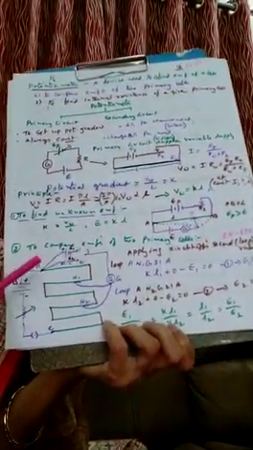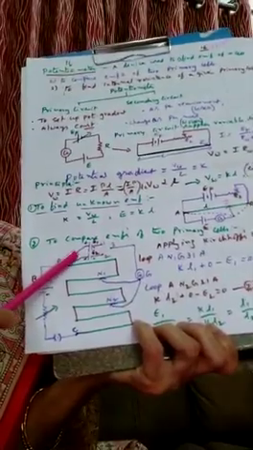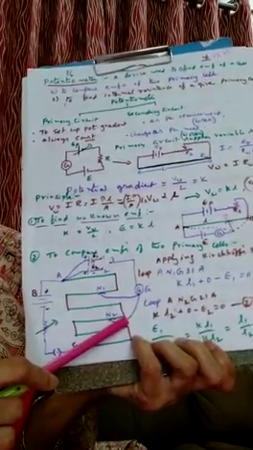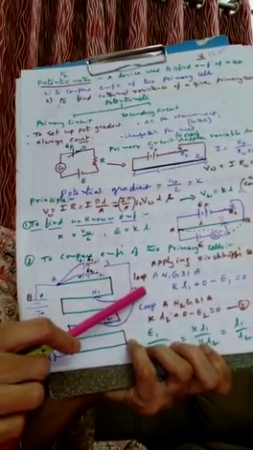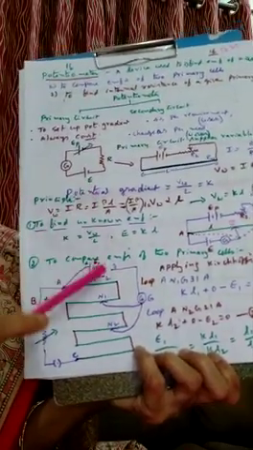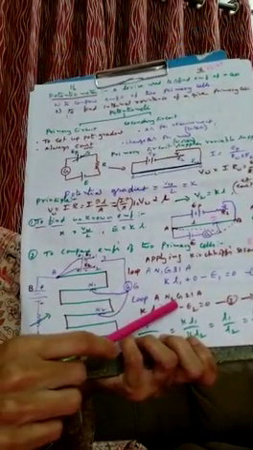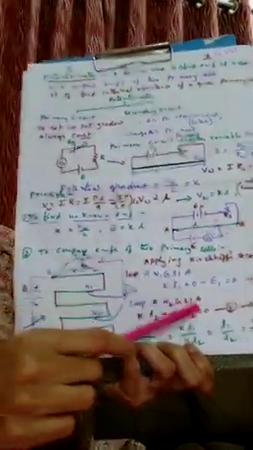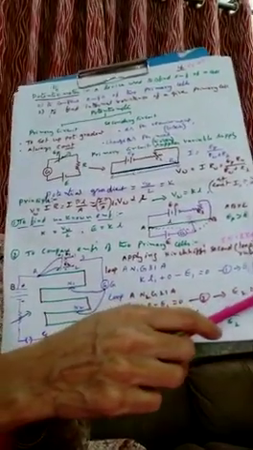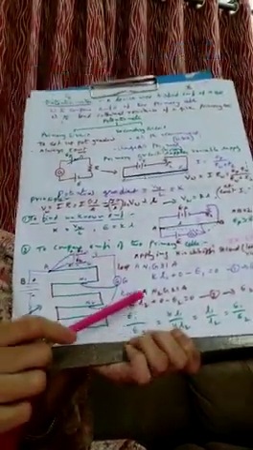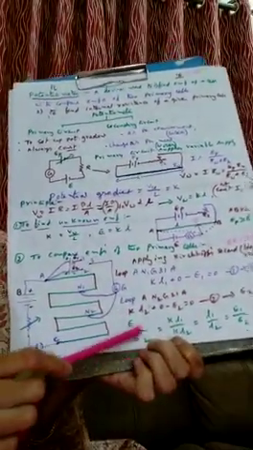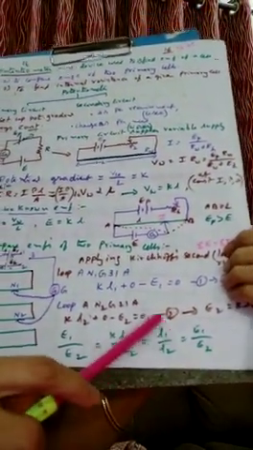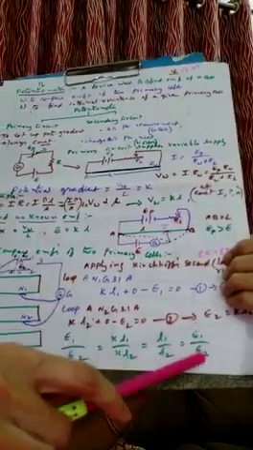Similarly for the second loop, we call it AN2, this whole one, AN2 is L2, KL2 plus G into 0, and plus this time this is opened and 2 is connected here. See here AN2, G, 2, 1, A, this wire we have connected here. Then minus E2 is equal to 0, or E2 is equal to KL2. So dividing the first equation by the second equation, E1 by E2 is equal to KL1 by KL2, or K and K get cancelled, L1 by L2, that is E1 by E2.